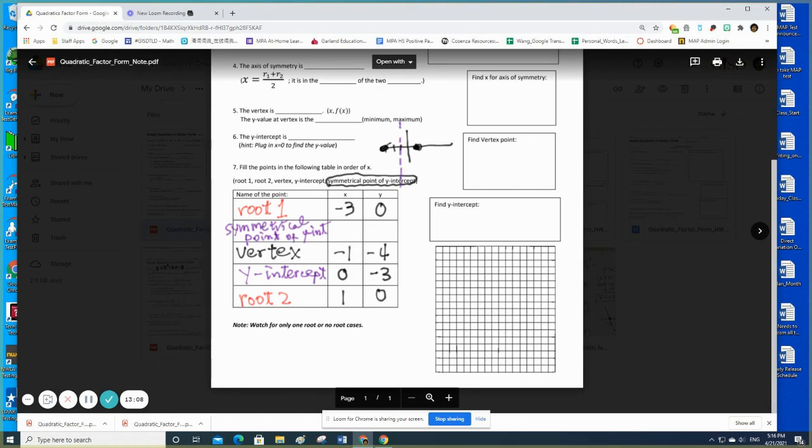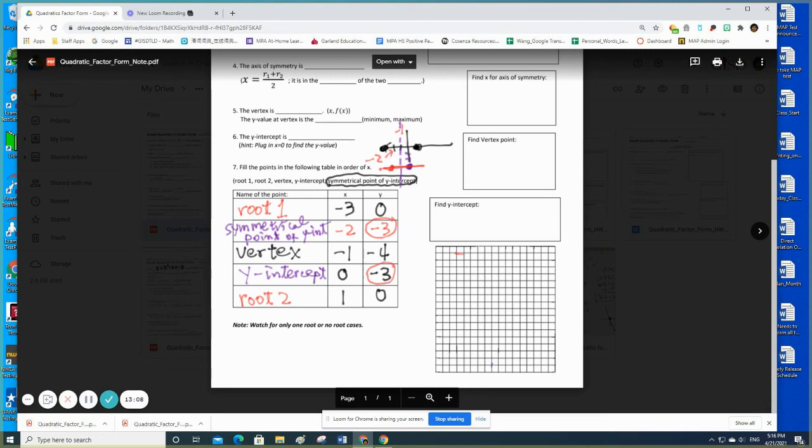Now, if we have a y-intercept at 0, negative 3, so it's 1, 2, 3. This is our y-intercept. So where is the image? The image will be right here. It is this point here, right? If this is negative 1, this will be negative 2. So we see our point is at negative 2 and negative 3. Everybody see this is the same y value, meaning they are at the same height. Now you have these 5 important points.